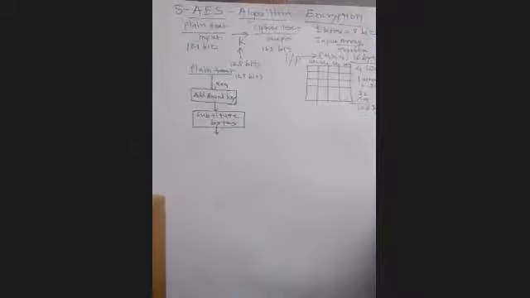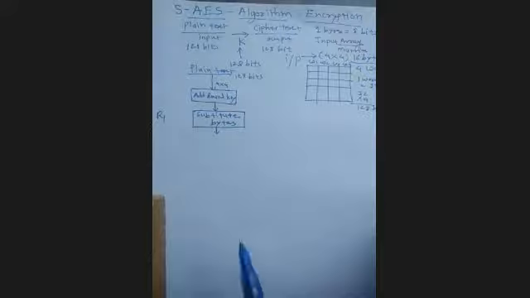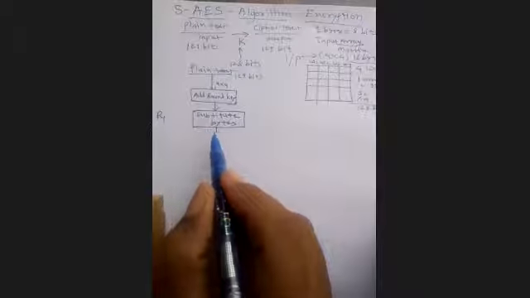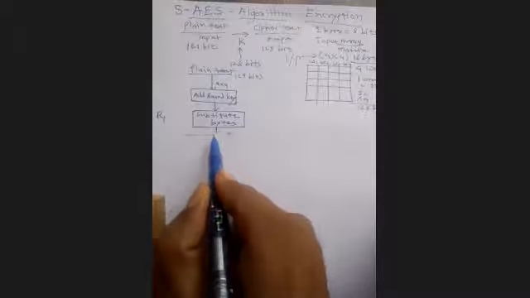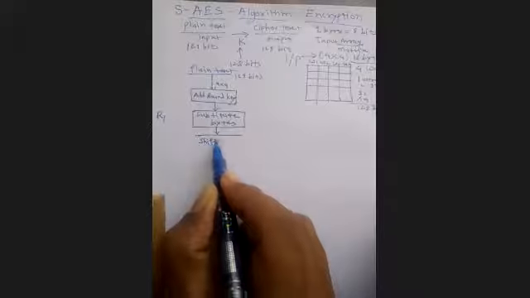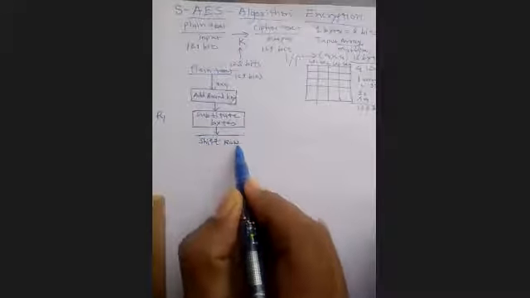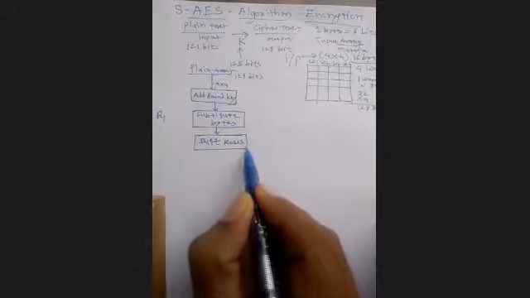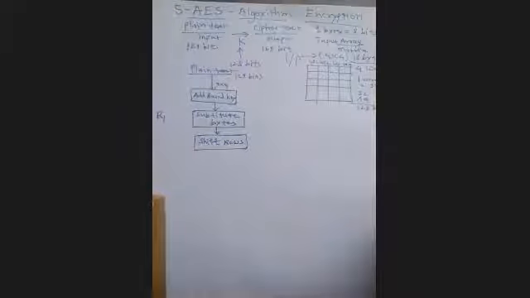So this is my first round. Suppose this is my round 1, that I have started, R1. Once I have started this round 1, first comes add round key, then substitute bytes. After substitute bytes, the next event is shift rows. Got it? This is my shift rows event coming. Is it visible to all?